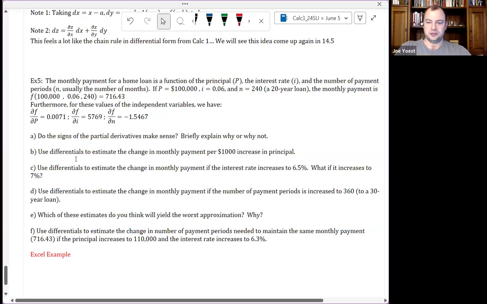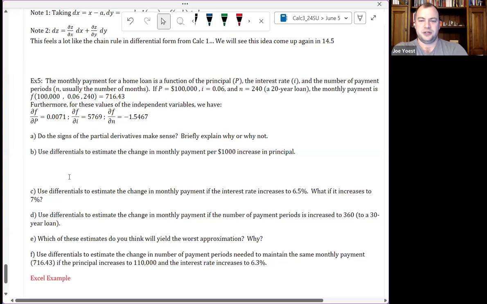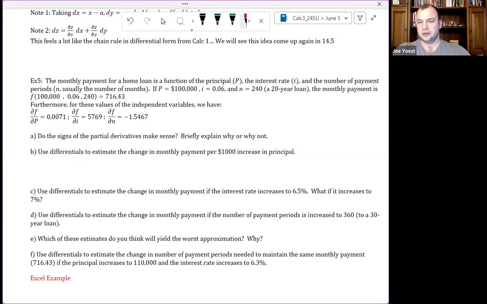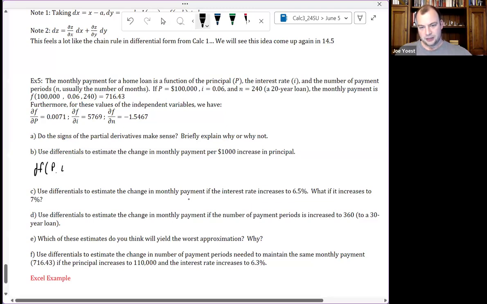So yes, they do make sense. Let's use differentials to estimate the change in monthly payment per $1,000 increase in principal. So what are we looking at here? We're saying that df at P, I, N equals the partial of f with respect to P at (P naught, I naught, N naught) times dP plus